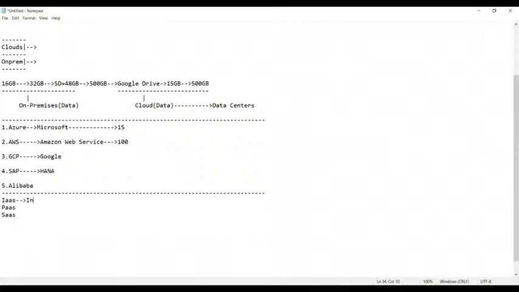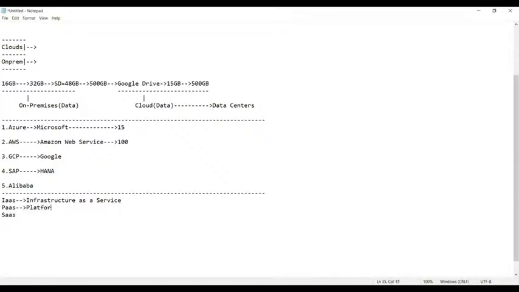What is IaaS, guys? IaaS stands for Infrastructure as a Service. What do you mean by PaaS? Platform as a Service.